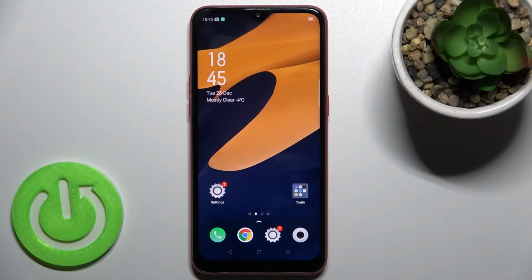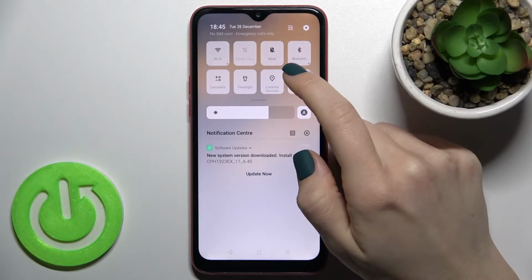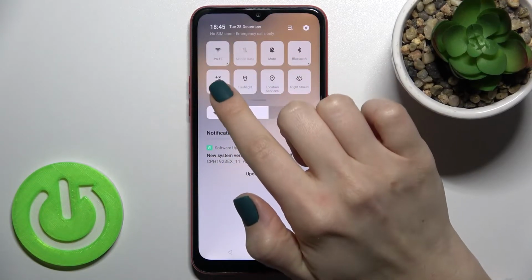Welcome. In front of me is the Oppo A1K, and I'll show you how to connect to Wi-Fi on this device. So first, go to the notification bar, and right there in the upper left corner you will see